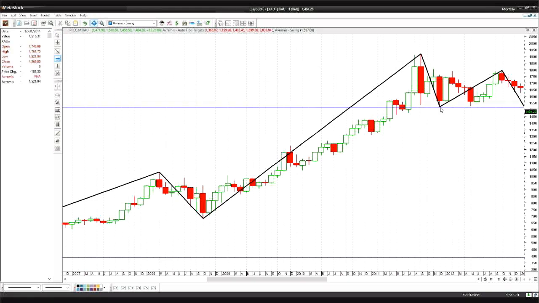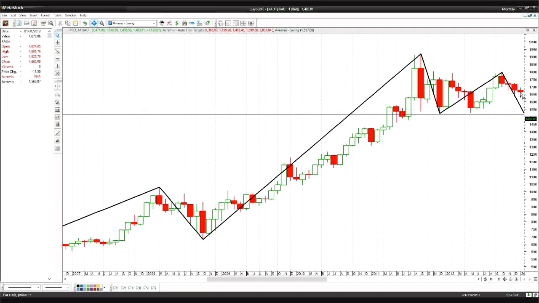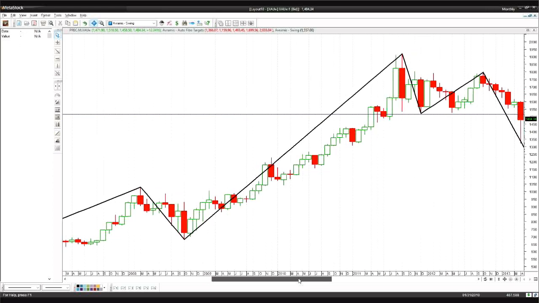But is the uptrend completely destroyed so far? No. It lost 50% of its strength, but it's not yet destroyed. It will only be destroyed when prices move below this bottom here. So only after this point here, I am allowed to sell. And as you can see, the moment prices broke below this bottom,